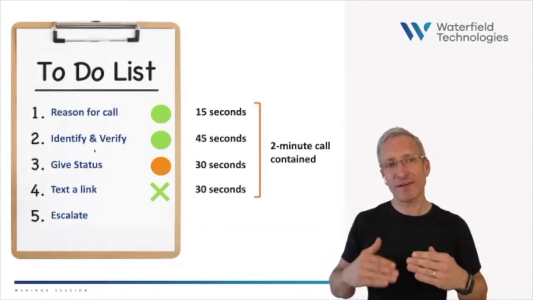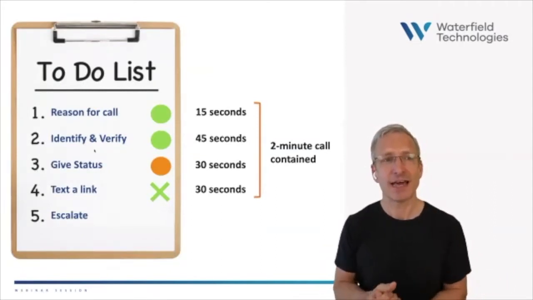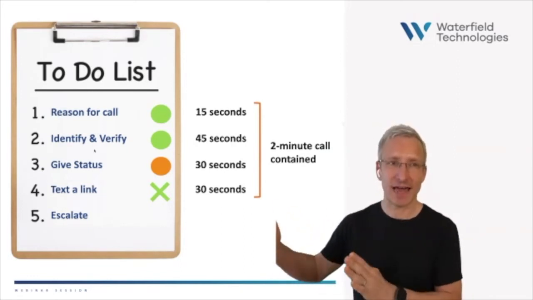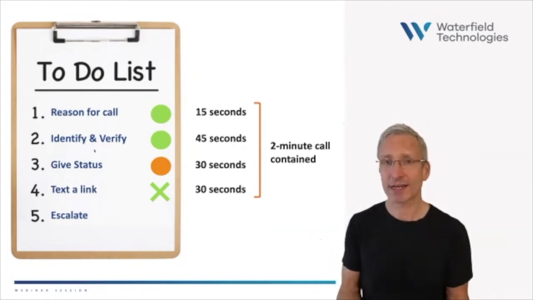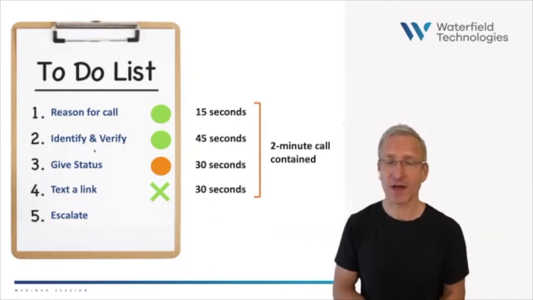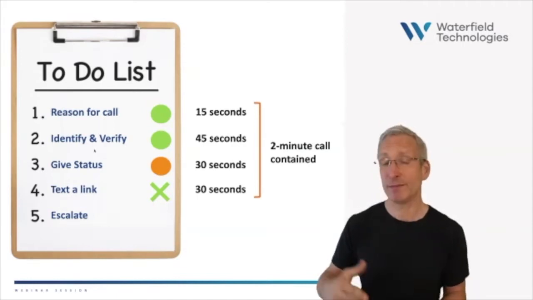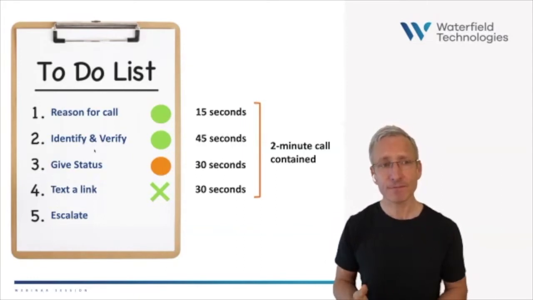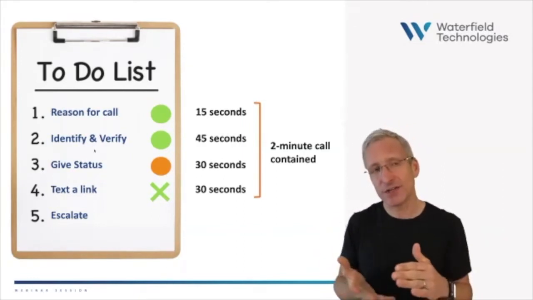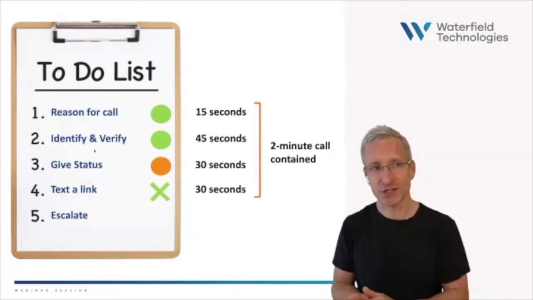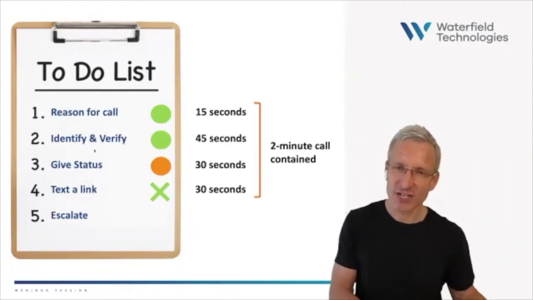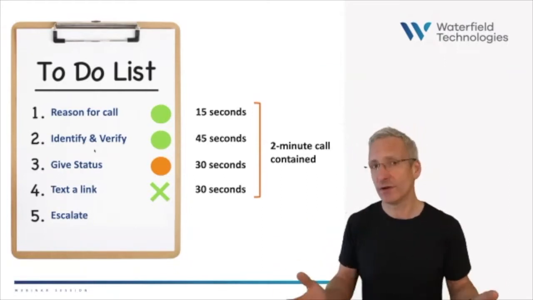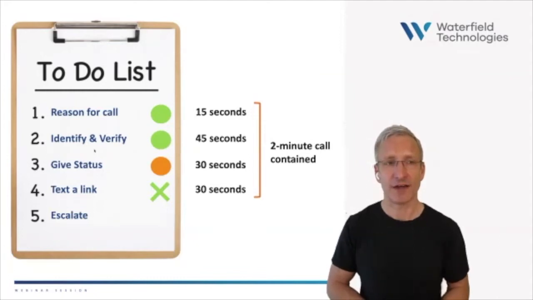Each task that we have on our to-do list, or our bots have on their to-do list, has got a different value. And the value typically is the amount of time it saves an agent, which an agent can reallocate to more productive tasks or productive interactions with customers, or maybe just reduce the total volume or capacity of agents you're going to need. And I think the best way to do this is to look at how long would it have taken an agent to do this. So it's not how long does the customer spend in IVR or chat, but how long does it save an agent? Might be 15 seconds for understanding what the reason for call is, 45 seconds to identify and verify.